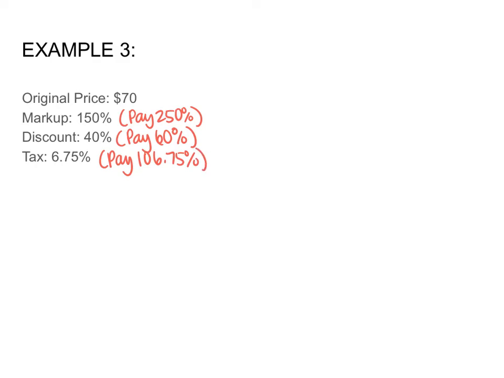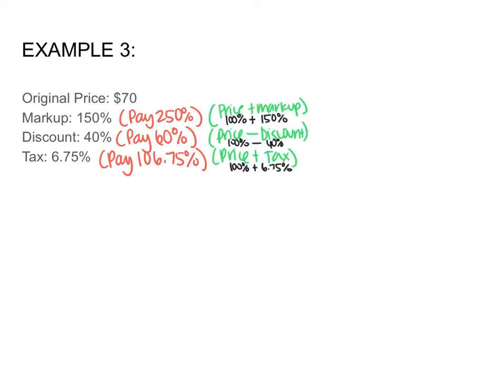Now I'm going to write in green how I got each of these numbers. So if you need to write that down, you can, but you don't have to. So I have price plus markup, price minus discount, and price plus tax. That's how I'm getting all of these percentages. My original amount is 70. I am finding